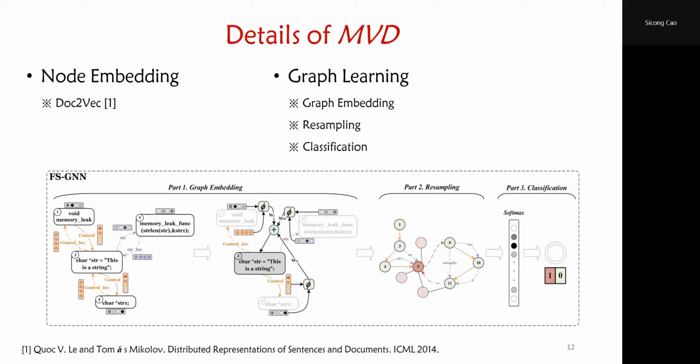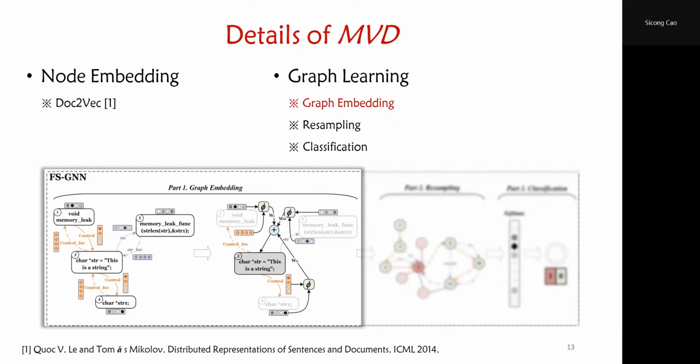FSGN is composed of three parts: graph embedding, resampling, and classification. In the graph embedding phase, we leverage entity-relation composition operations to jointly embed statements, nodes, and multiple flow edges to incorporate edge embedding into the update of node information. For example, to aggregate information from neighbor nodes to update the representation of node 3, initial representations of nodes 1, 4, and 5 are embedded jointly with their incoming edges to preserve some important features from neighboring nodes.